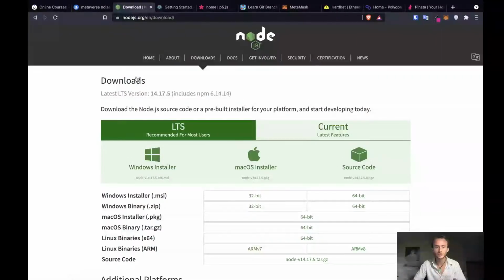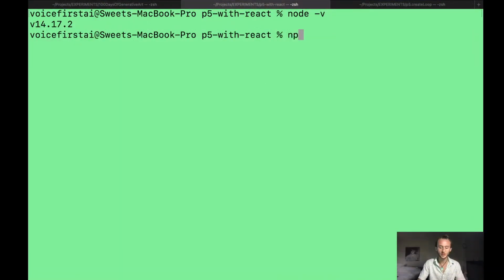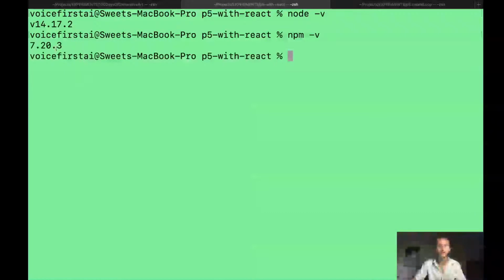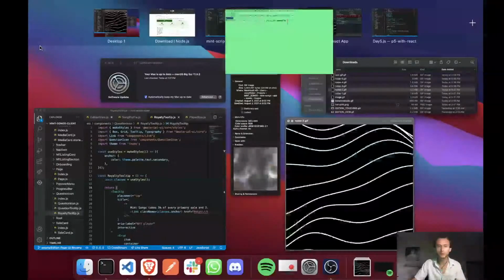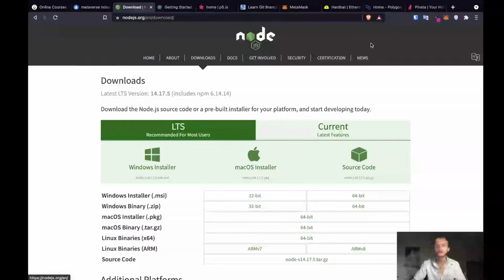This also includes npm with version 6.14 as of the time of writing this, so we can then also check npm -v, and we should see another version of npm. So we'll need both of these, both Node and npm, and if you follow the installation on this website, you will get it. If you still have trouble with any of the installation or you have further questions, I highly